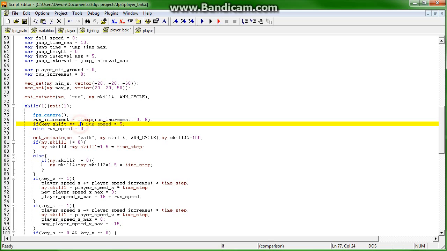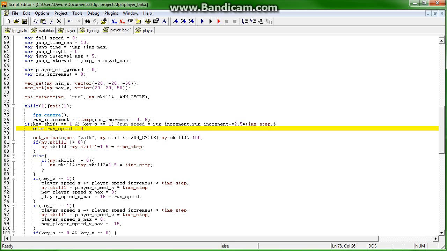And if we're pushing the shift key, and key W equals 1, run speed equals run increment, and run increment plus equals 2.5 times time step, the else, which is now